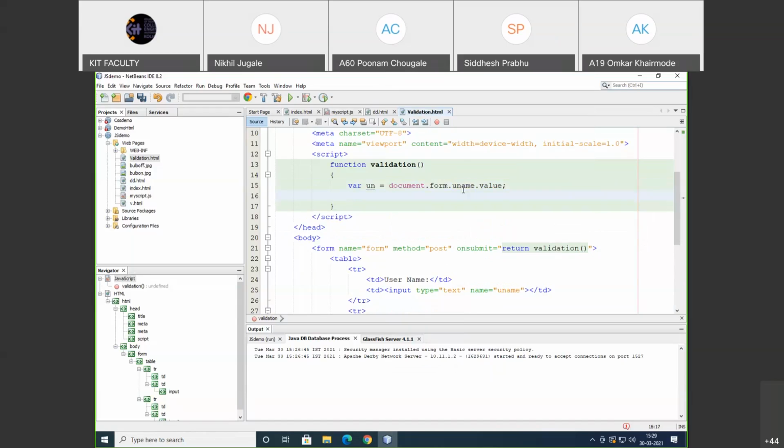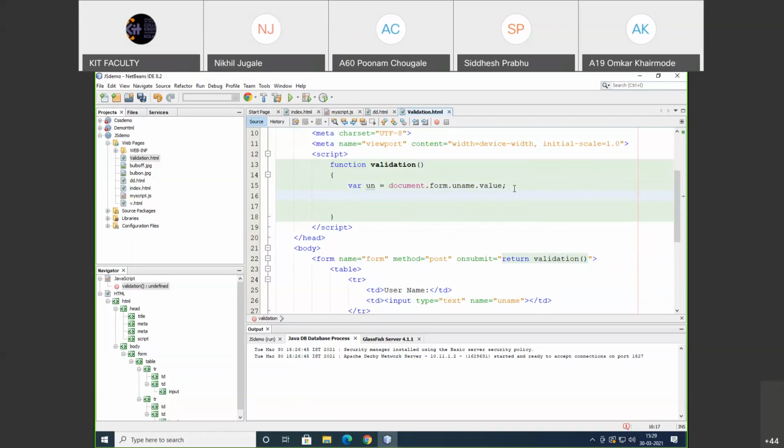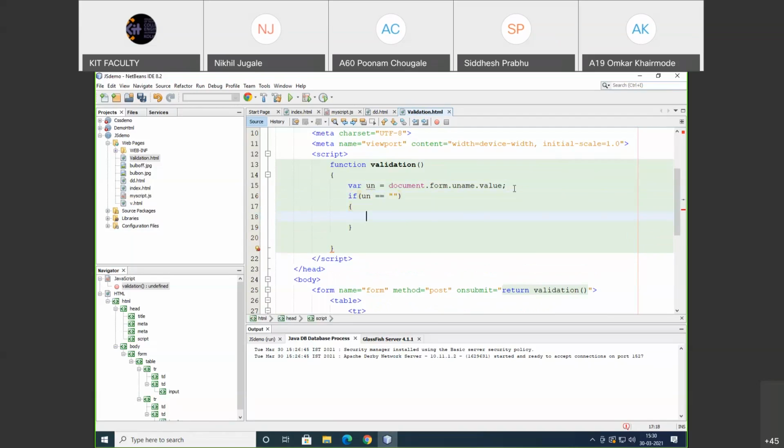Just understand this form is nothing but this form name value, and this uname is nothing but this input type name value. And you are going to call the value. Whatever value is inserted at runtime, that value is assigned to this un variable. So here I'm going to check the condition. Suppose here I'm going to use an if condition: if un is equal to empty, if the field is empty असेल, that time I'm going to print